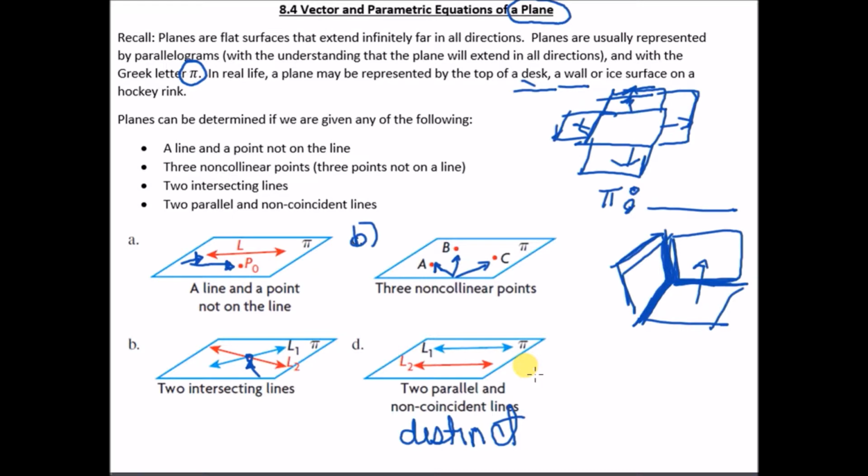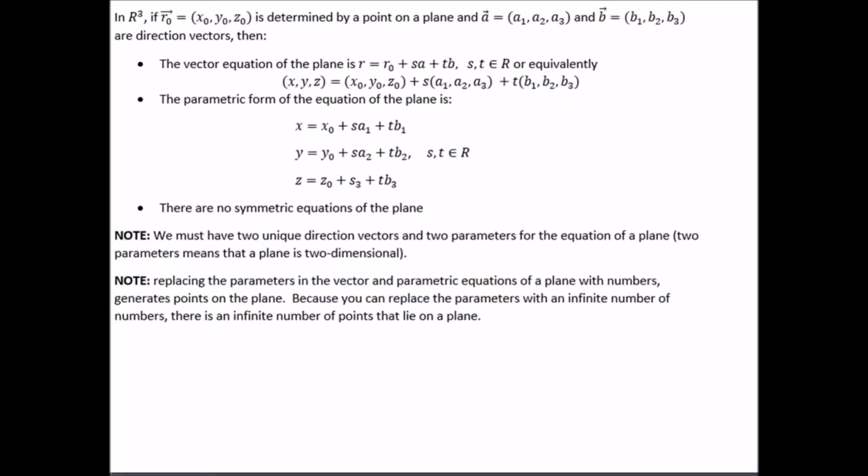Okay, so let's do an example of each one of these and see how we can determine the vector and parametric equations of a plane. So a lot of what we see here is going to look very familiar, and it's going to look familiar from the equations of a line. So in R cubed, the vector r naught is x, y, z, determined by a point on the plane. So this x, y, z is just a point, okay? Then vector a and vector b are direction